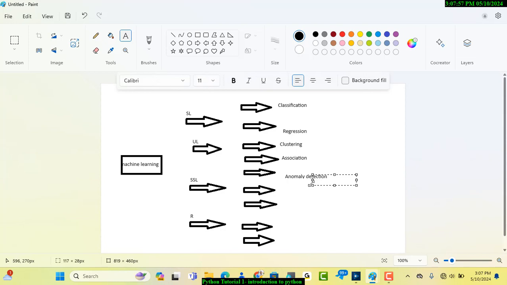When we move to semi-supervised learning, we have classification and regression. Here we have classification and regression. And lastly, under reinforcement,